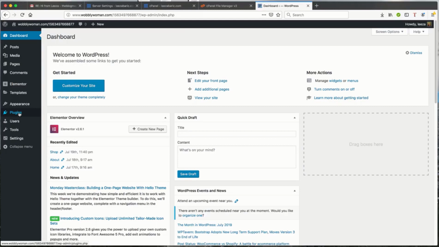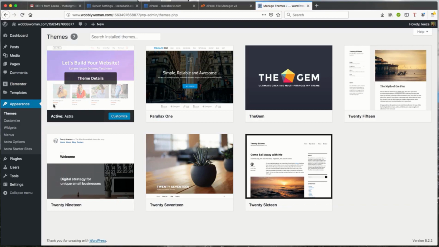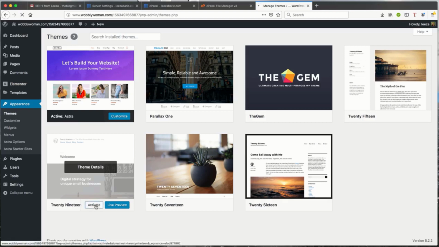Okay, so first things first, we'll go to the Appearance tab, go to Themes. We're just going to switch to a default WordPress theme to see if doing that fixes the problem. Now, before you proceed, I do recommend doing these troubleshooting steps on a staging site first, and then that way any changes you're making during the process are not going to be visible on your main WordPress website. So I'll just switch to the 2019 theme. I'll just click the Activate button,